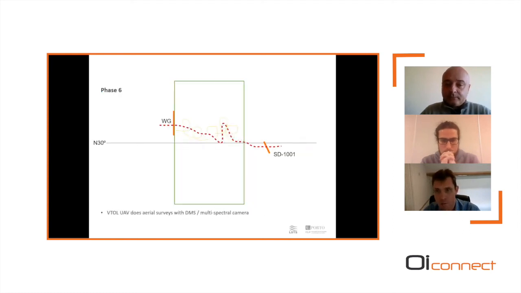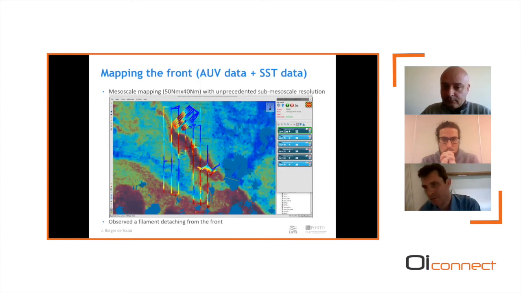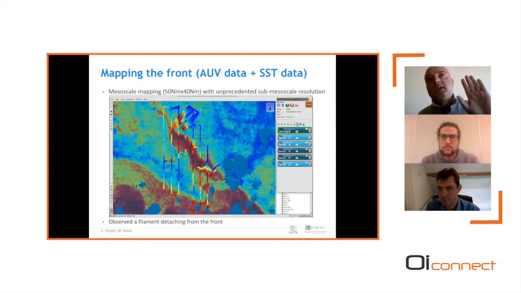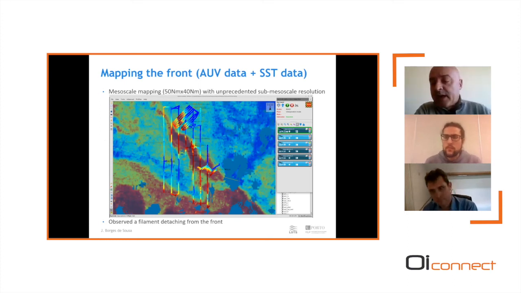Yeah, because there's currents within the filament, but is the position of the filament moving while you're surveying it to a large degree? Yes, so it wasn't moving much, but you could tell from some of the initial surveys, between the first survey, putting AUVs in the water, starting this kind of mesoscale mapping, and getting them out of the water. After covering the whole rectangle, I think we had something like 5 days. So we were seeing some information in this filament.